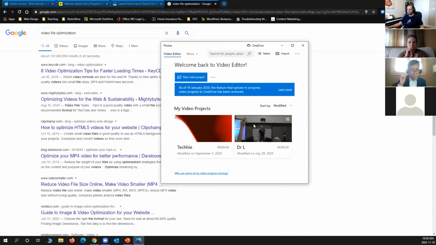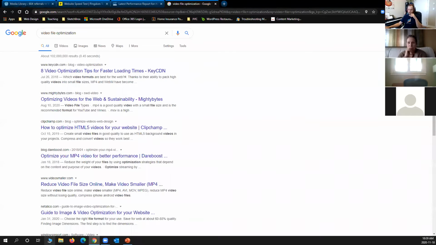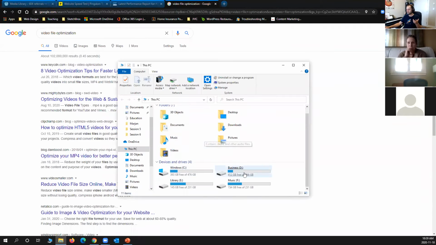You can insert your video, you can trim it, you can cut it to the exact piece that you want, for instance. But even if you don't trim it, you can save it in whatever format and whatever quality that you want. And instantly it drops the file size. Let me show you an example. Because of my job, I have a repository of a lot of royalty-free content. Let me show you here right now.